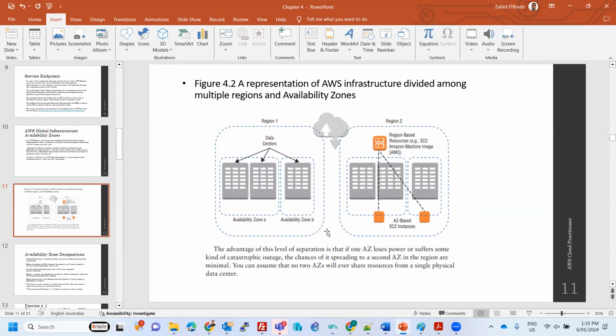So availability zones means they are made in such a way that if something happens, it will be available over there. That's how they make them, and they are kind of independent. That's why it's possible for one to break down, but not two at a time. If one is down, the other one should be fine. Yeah, that's how they design everything. Let's say you deploy one of the virtual machines, it will be working this way.